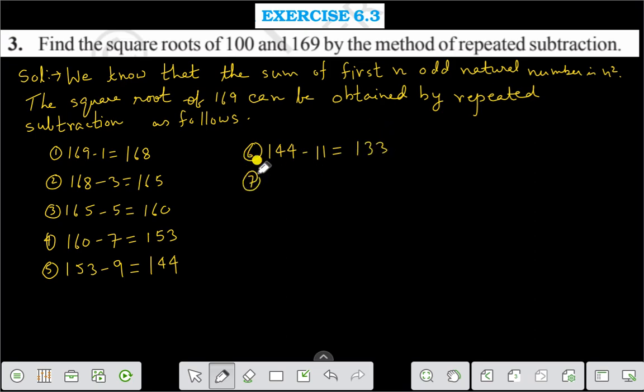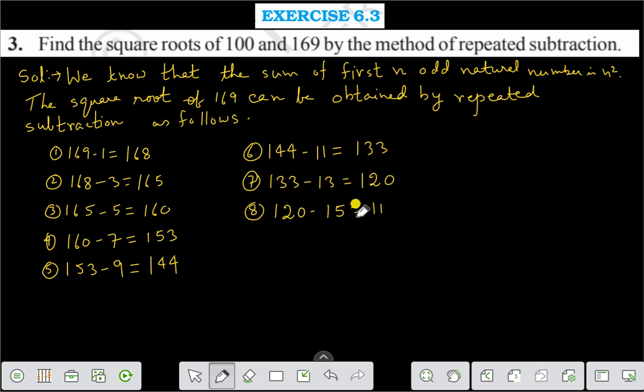Seventh step is 133 minus 13, that is equal to 120. Now eighth step is 120 minus 15, that is equal to